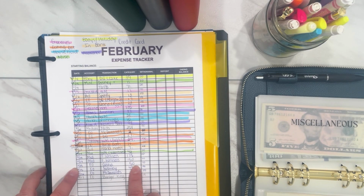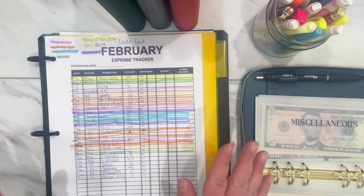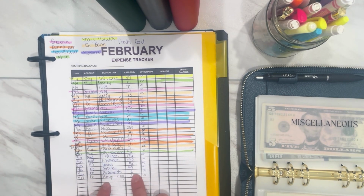So the next one we're gonna move on to are all eating out categories. My daughter had her 11th birthday this weekend, and so we had family, we had a party. We also had some events going on over the weekend that weren't related to her birthday, so it was just kind of a busy weekend, and we ate out a lot more than usual. So I'm gonna have to pull all of these from our eating out envelope,